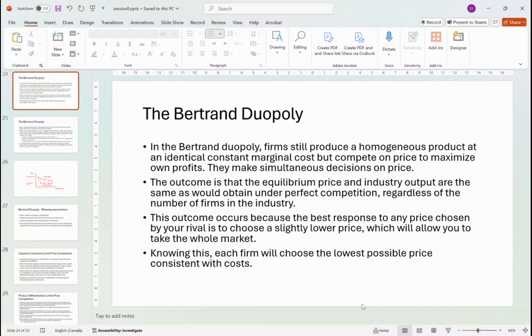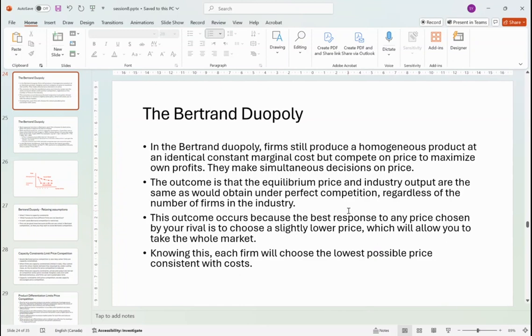Okay, the next oligopoly model, which is a famous one, is Bertrand duopoly. In the Bertrand duopoly, it's kind of the opposite to the Cournot model. In Bertrand duopoly, firms are actually competing on prices, right? Under the Cournot model, they are competing to set the quantity they want to produce, but in Bertrand, they are competing to set the price, right? And then quantity is going to get adjusted later to the price.